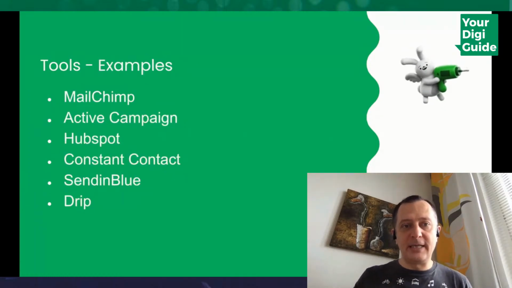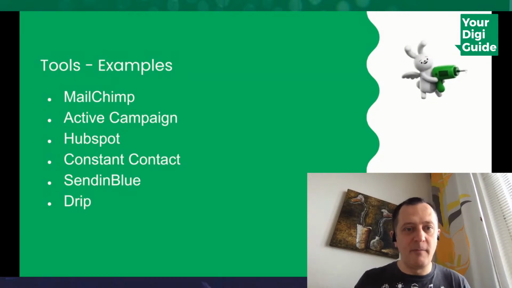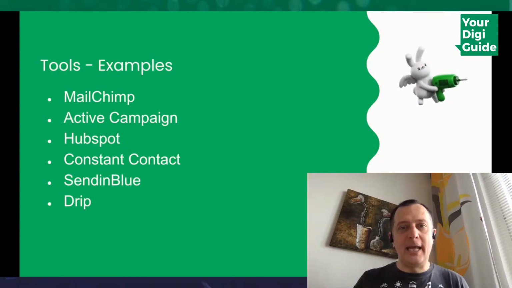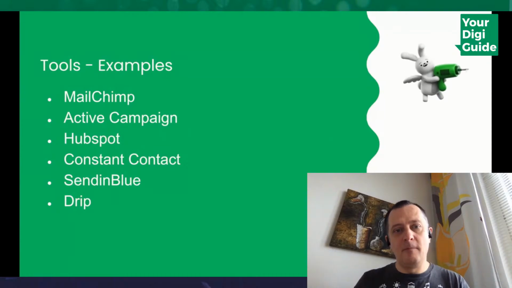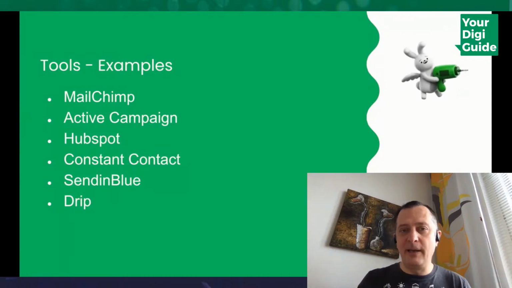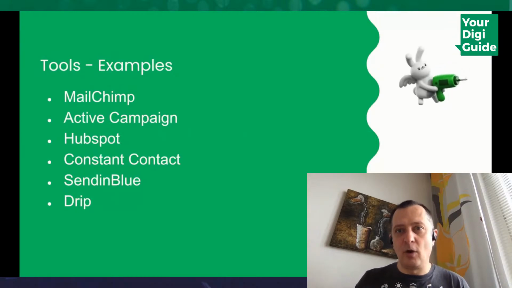Here's a couple of examples that are quite popular. I've used MailChimp so far, one of the oldest actually. They have a free plan, drag and drop editor, good analytics, good segmentation. Then you have Active Campaign. If you want to go a little bit deeper, it has a CRM built in and also automation capabilities. We're going to talk a little bit later about that. Then you have HubSpot, one of my favorite